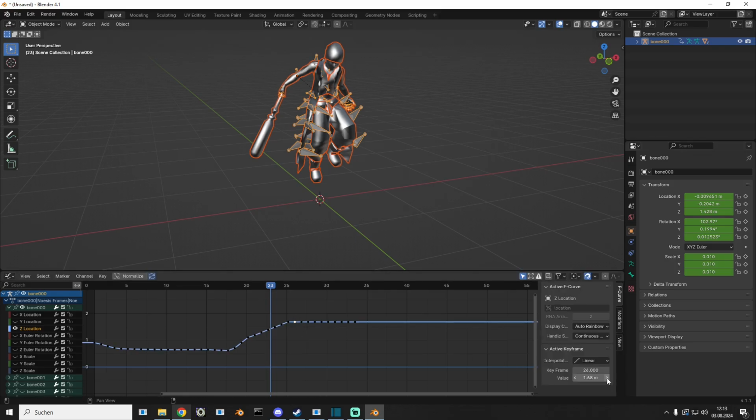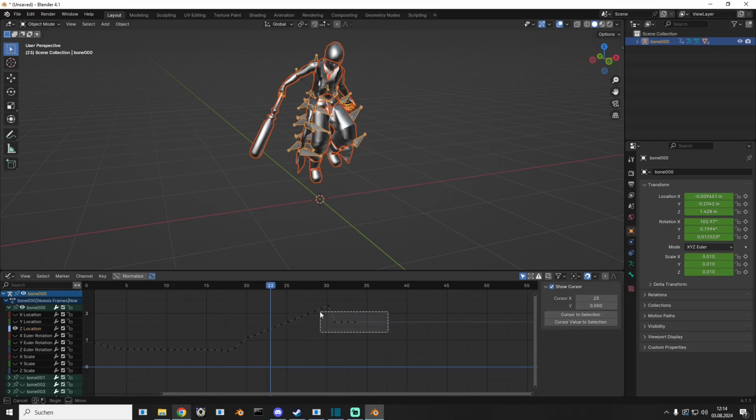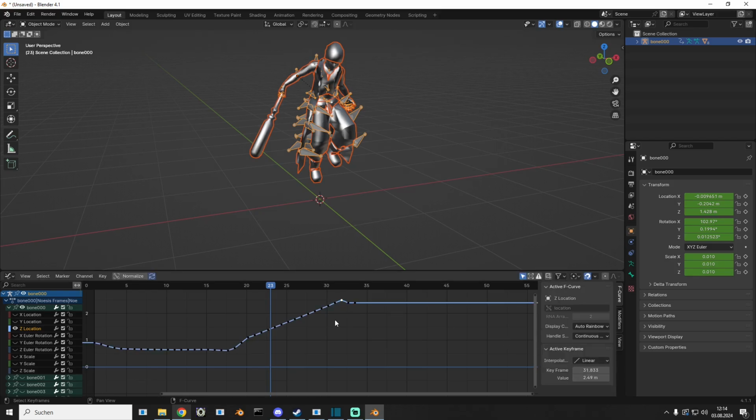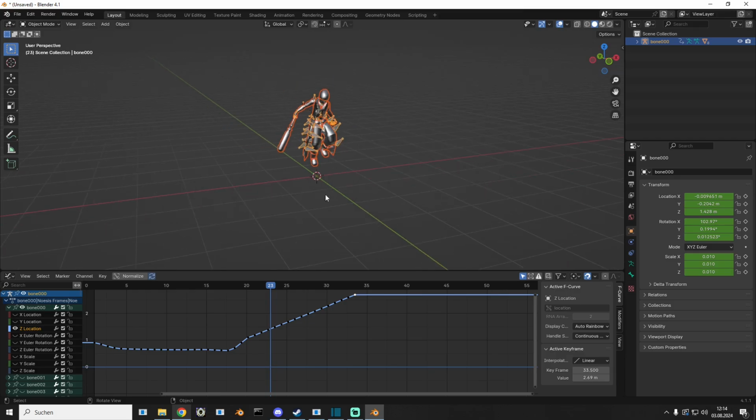Boom. And that up. And 1, 2, 3. 1, 2, 3, 4. 1, 2, 3, 4, 5. 1, 2, 3, 4, 5, 6. The last few also a bit more up. Like this. Yeah, that's good. 1, 2, 3. So we changed the Z location